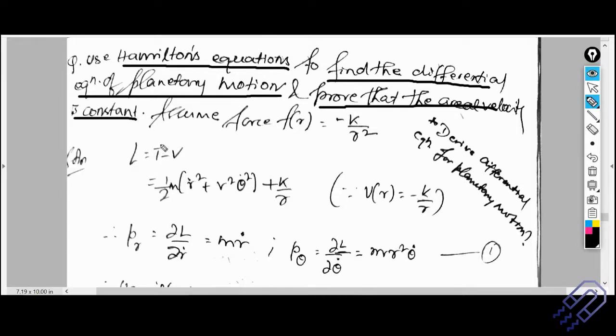And we are considering a central force problem, and the form of force is already given. F_r is equal to minus k by r square. That's the question. Okay, just read the question. There is a subpart to this question, and if I'm asking you a question like this, derive differential equation for planetary motion, the answer to this question is also in this particular solution. So this is a question which I asked in the last semester to your seniors. Okay, so you can just make a note of that.